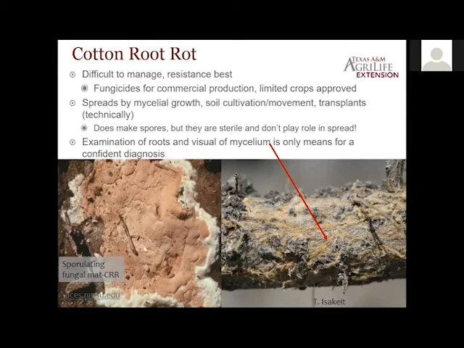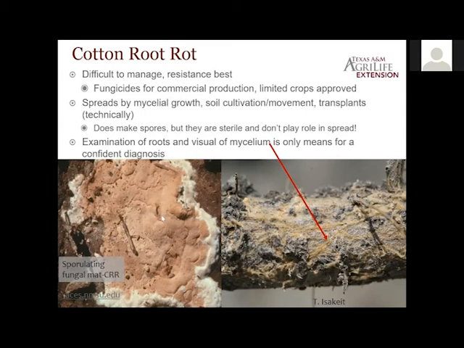It does make a spore mat, usually salmon to maybe a creamy color, and it'll emerge after a rain, usually anywhere from 3 to 6 inches in diameter. The unusual thing about this, though, is the spores seem to be sterile and don't have a known role in distribution. So as far as we know, it's primarily distributed by flooding events, washing fungal material to various areas, especially